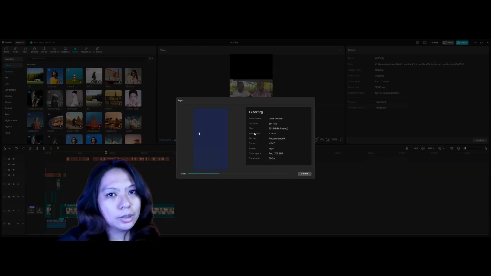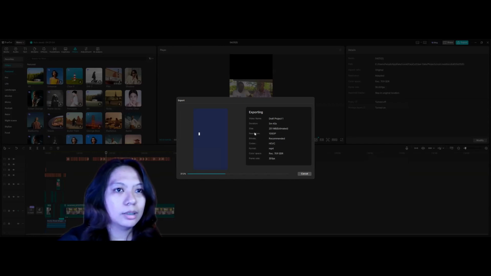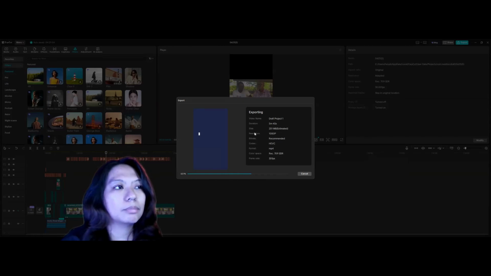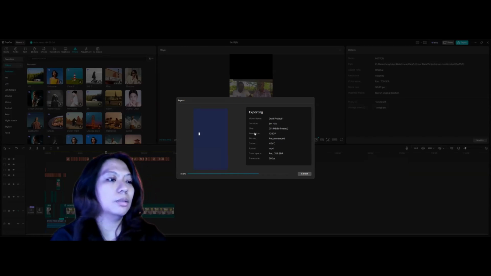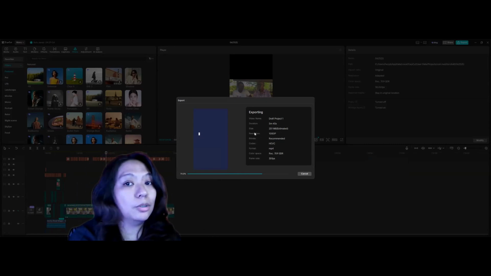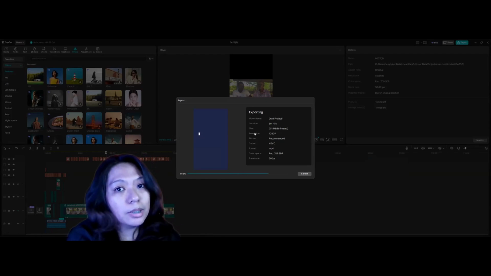I hope that you guys learned a lot today. This is a very straightforward and a very simple tutorial navigating through CapCut. Why? Why did we start with navigating through CapCut? Because it's important to know where things are, where the tools, the captions, the effects, and